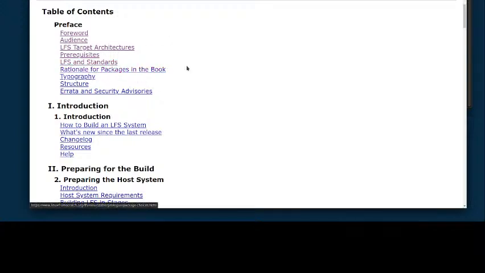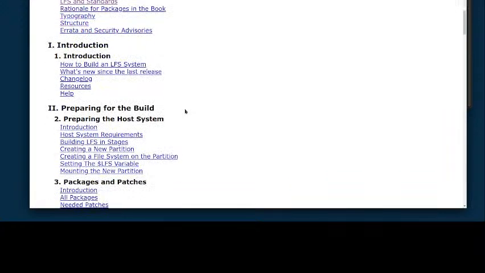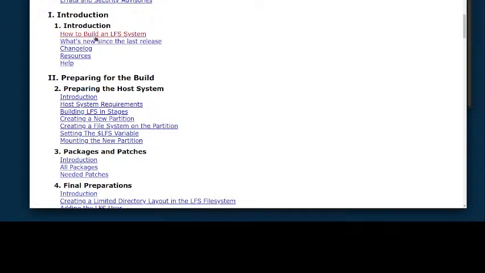That means the rationale for the system packages and utilities that they use and include. A lot of them are very mission critical, for basic functionality at a lower level in Linux on top of the kernel. And then the typography of the book, how it's laid out, the structure, some security advisories. And we are going to jump into the introduction